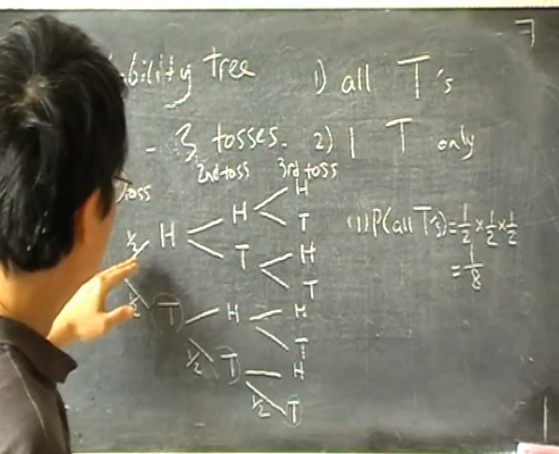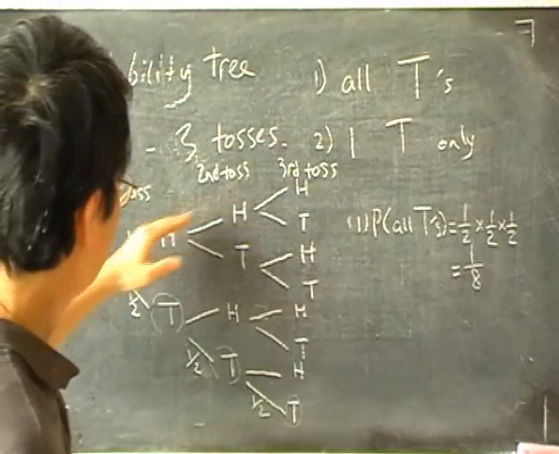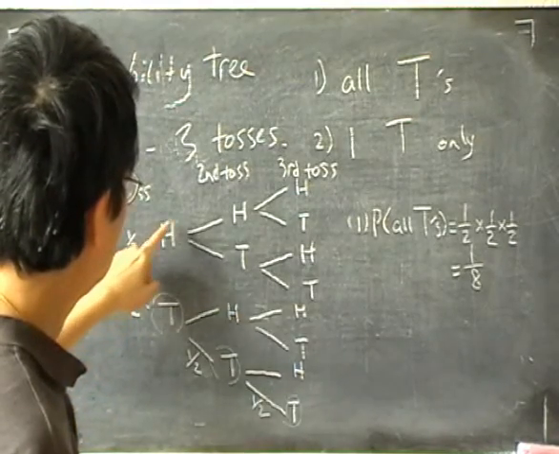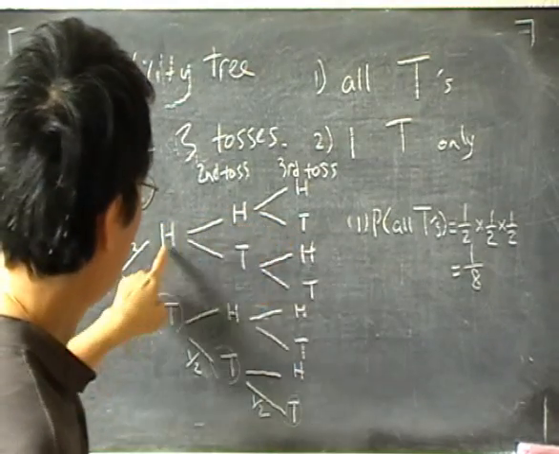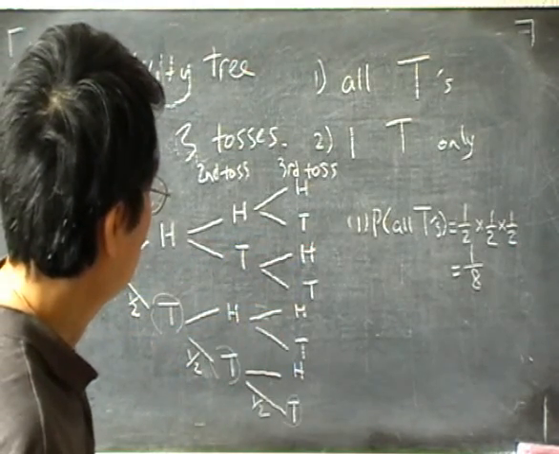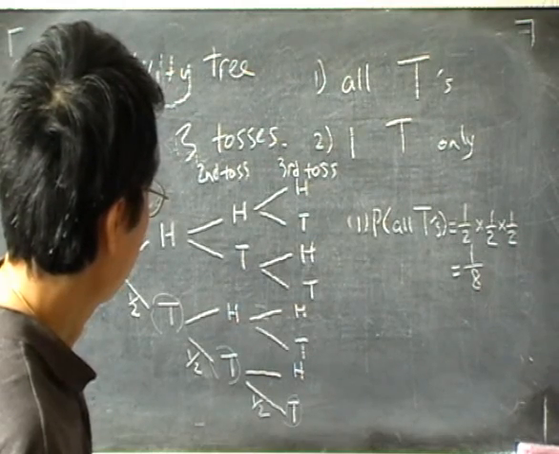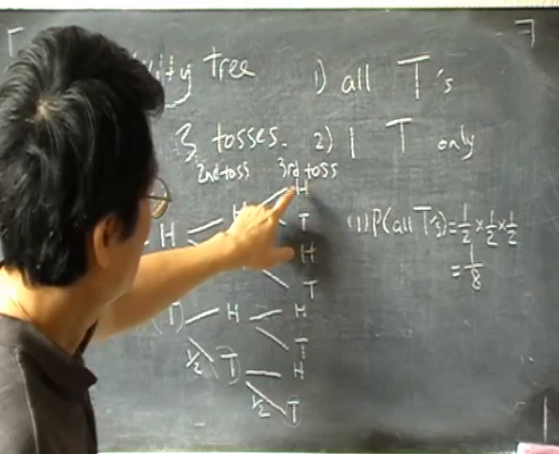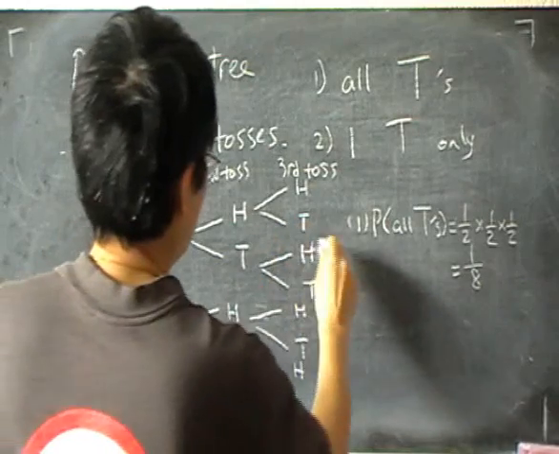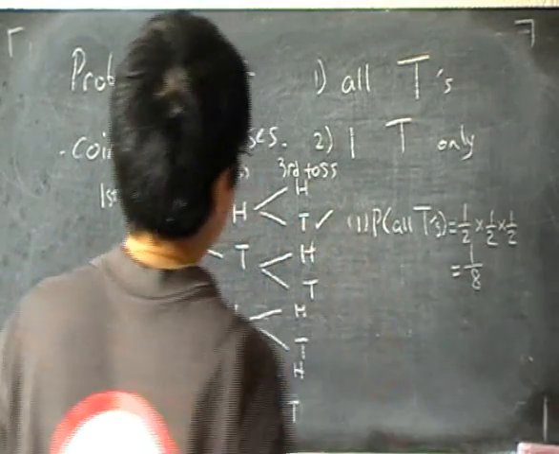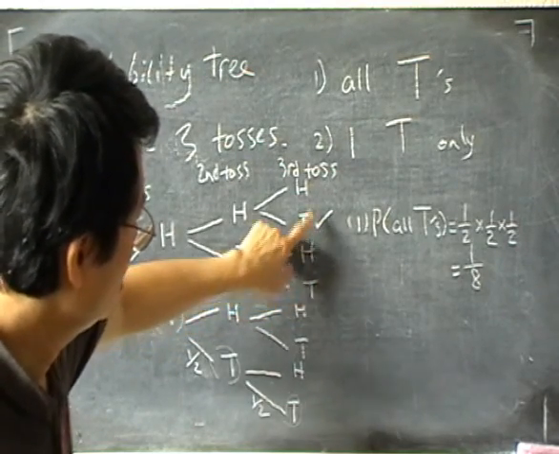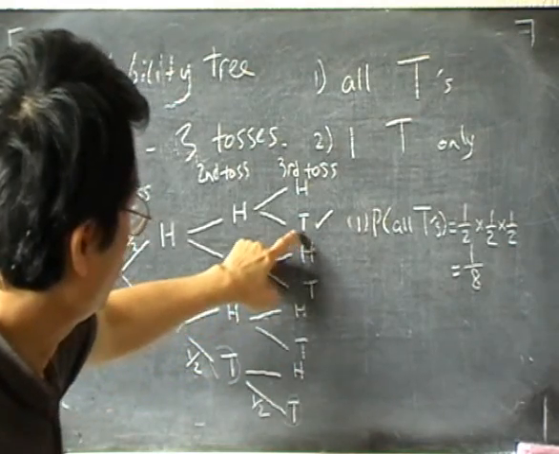If I follow this line, I will get all heads, so that's not what I want. But if I follow this to here, head, and tail, that gives me 1 tail. Right, so in fact I can mark out this particular chain of events by, say, putting a tick there. If I put a tick next to this T, this tail here, then I know that I'm referring to,